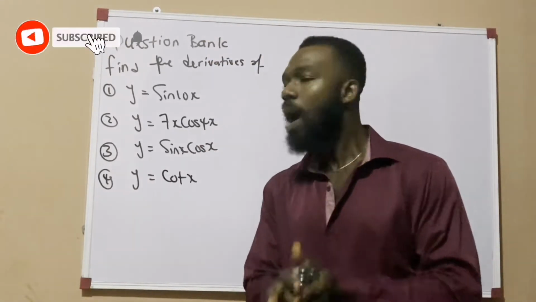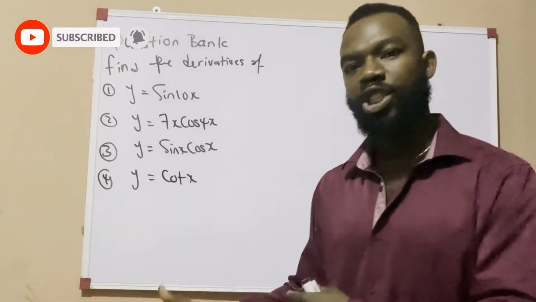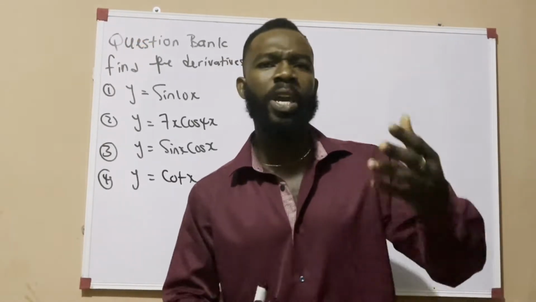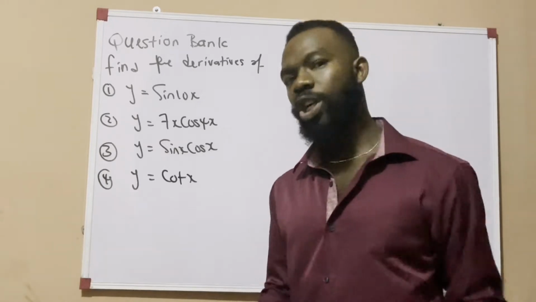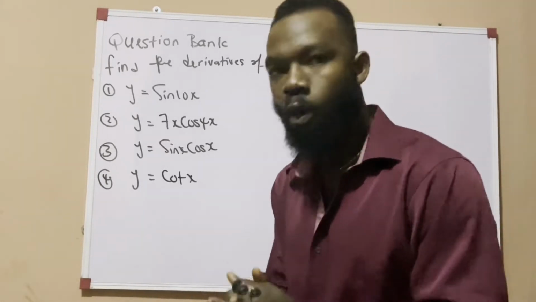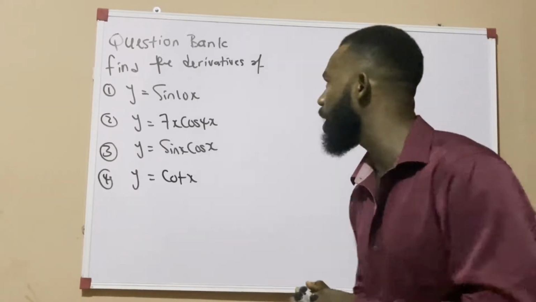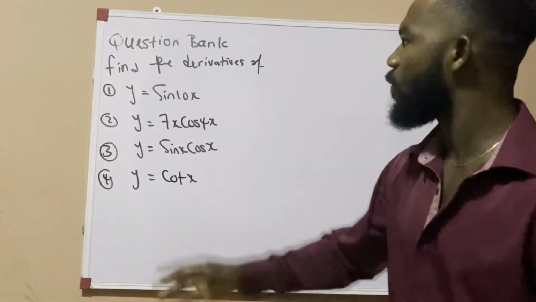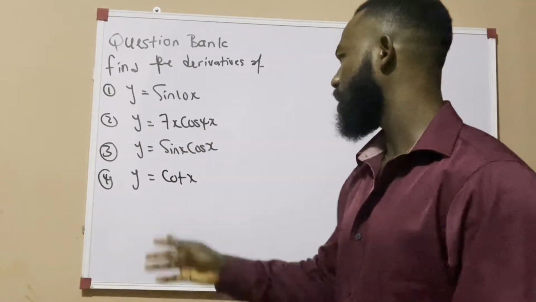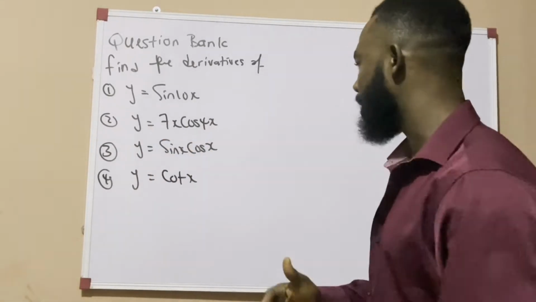Today on the board we shall be looking at how we can solve problems on differentiating trigonometric functions. In our previous videos we looked at how we can use chain rule, quotient rule, and product rule in solving some functions. But today we have 4 questions on the board, and the question says find the derivatives of y equal to sin 10x, y equal to 7x cos 4x, y equal to sin x cos x,